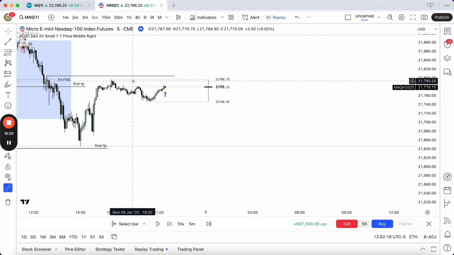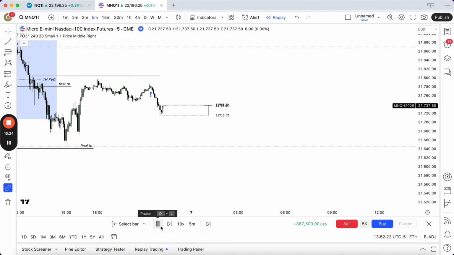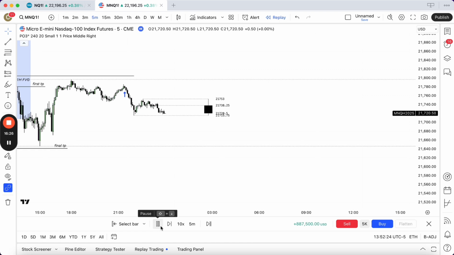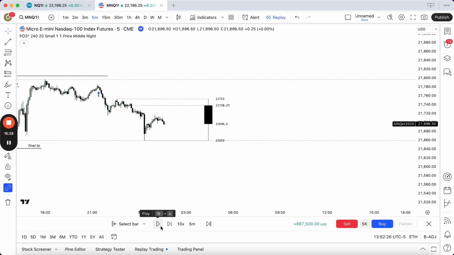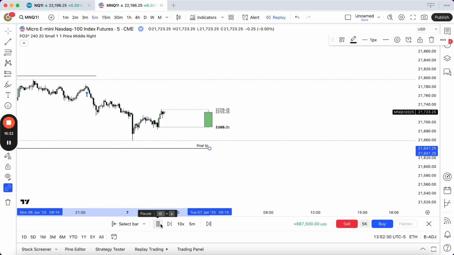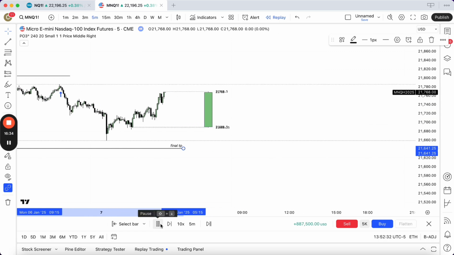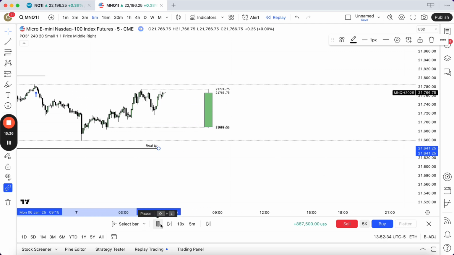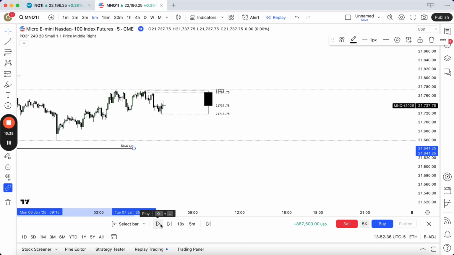All right, so let's see. This would be my adjusted stop. Let's see what happens. Again, another failure swing. Wow, this is just